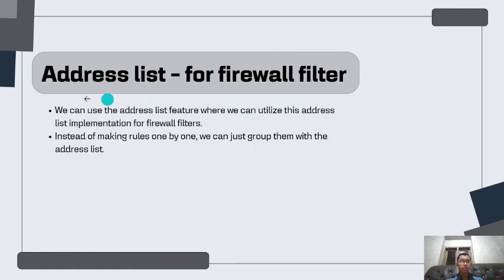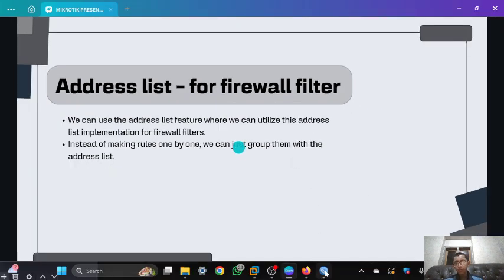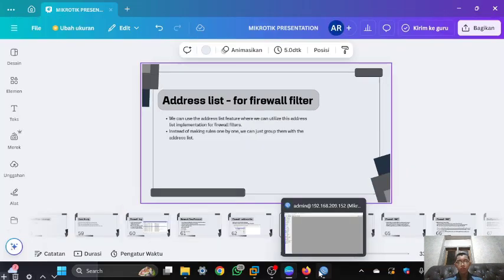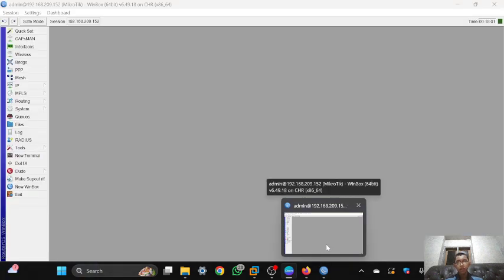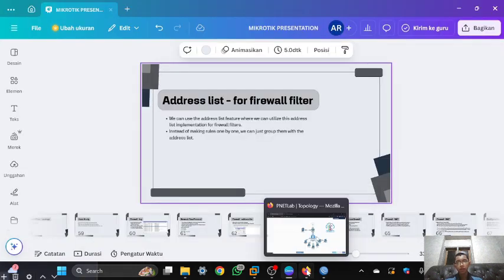So here is address list for a firewall filter that we can use for the address list features, where we can utilize this implementation for firewall filters. Instead of making rules one by one, you can just group them with the address list. So I will configure the address list for firewall filter.